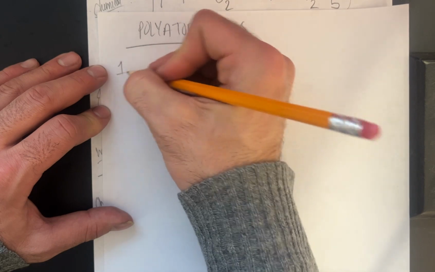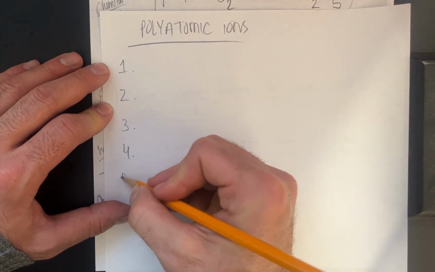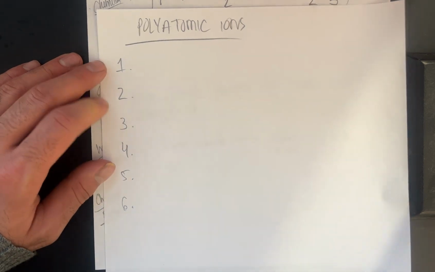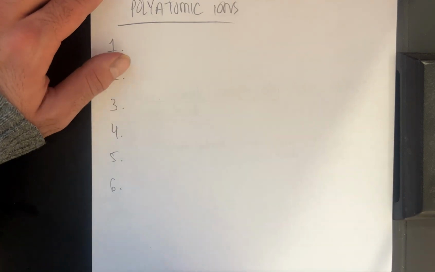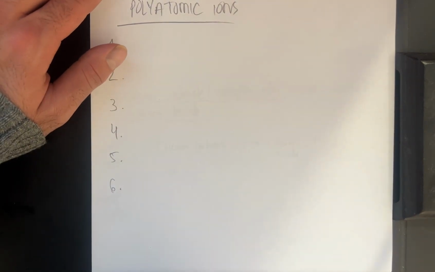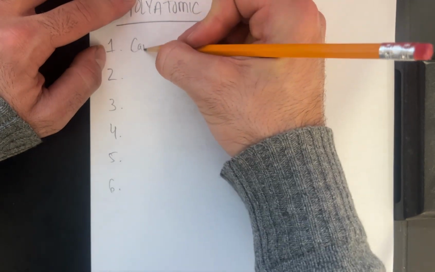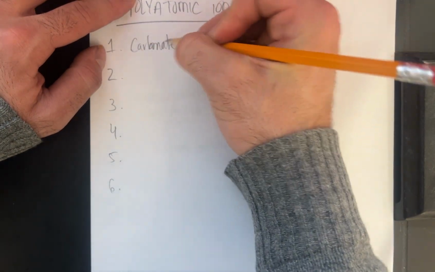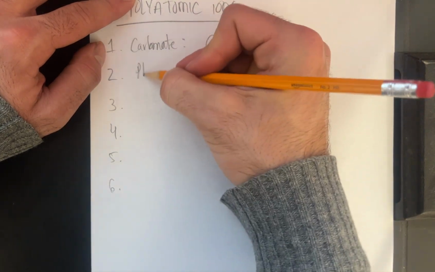There's 6 of them that, well, at least I think you should have memorized. There's like a list of 20 or so that you need to know for AP chemistry, especially. But again, for me, I'm okay with 6 because you can scale up and down depending on future science courses that you take. But those are carbonate, which is CO3 minus 2,